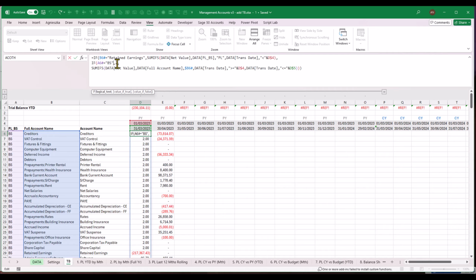So balance sheet items, we need to replace the two with a formula. Again, SUMIFS, what will it be? We will sum the net value again when the full account is equal to a particular account. So we'll need this condition as well. So we basically need this part,